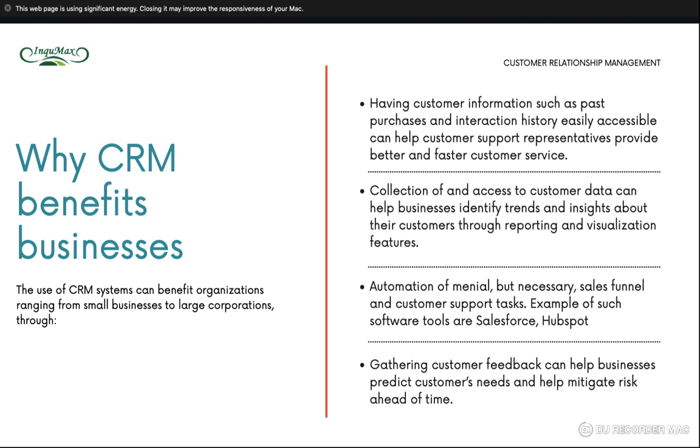Second of all, collection of and access to customer data can help businesses identify trends and insights, right? As much as possible. So, there are three steps to a company staying ahead of the curve. There's the hindsight, there's the insight, and there's the foresight. The hindsight is mostly what has already happened. For example, a lot of us can tell the impact of COVID-19 as at 2020. It's a past event. We know about the trends already, or we're able to give qualitative feedback on things that happened previously.